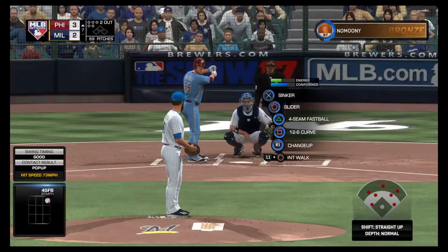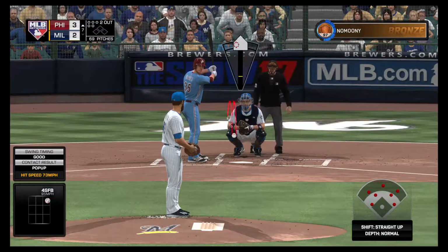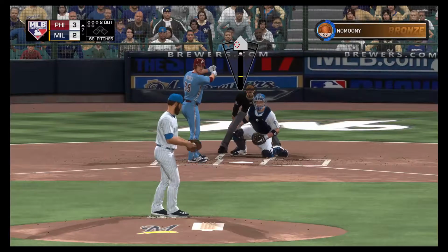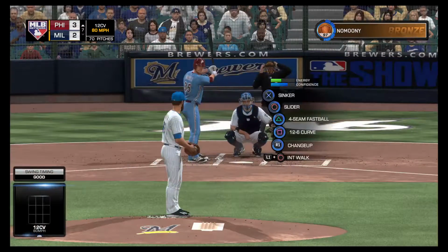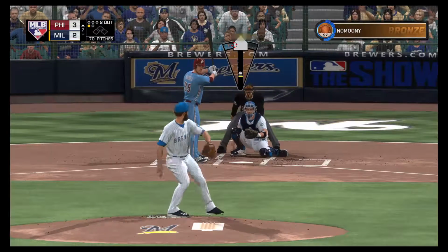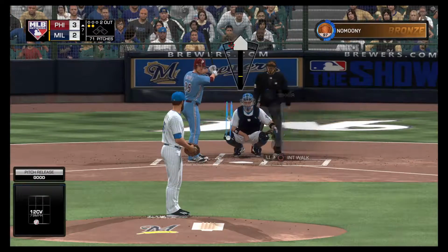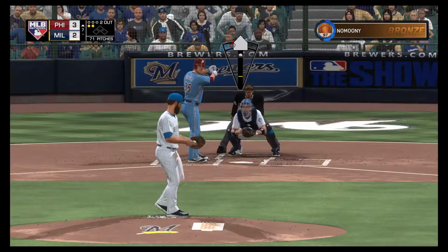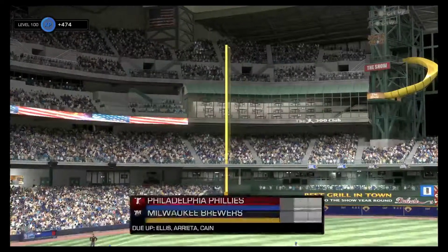Now at the plate, Cole Hamels. 0 for 2 on his line thus far. Couldn't help himself that time as he chases one below the knees. It's strike 1. That's exactly what you don't want to do first pitch. If you're going to swing first pitch, you want to drive it. You can't take an ugly, bad swing on the first pitch when you know what you're looking for. Got him looking, and that'll do it. The inning is